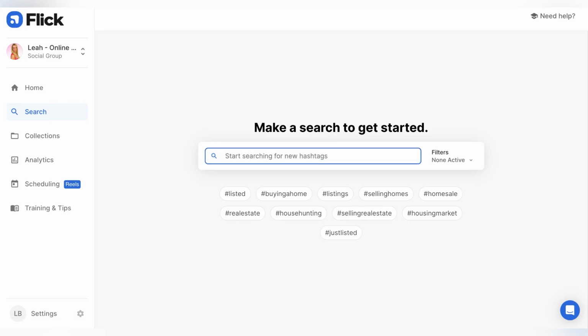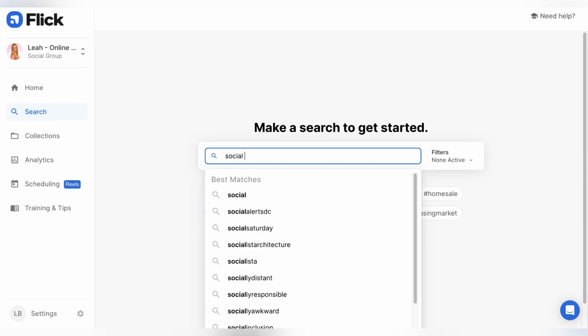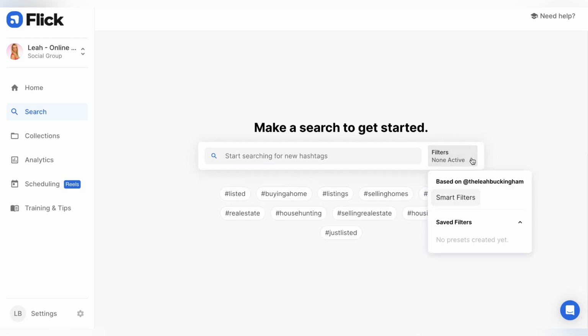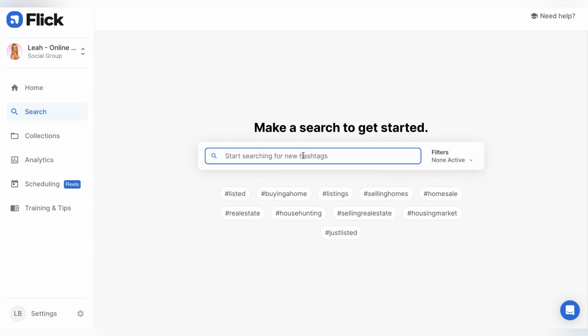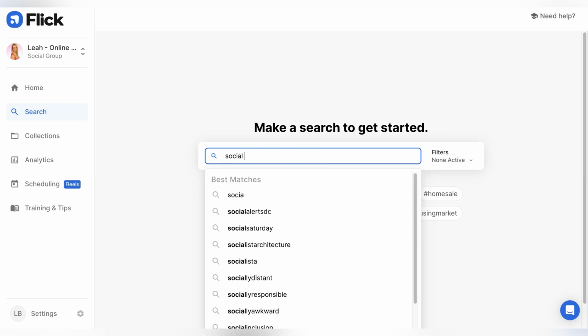So let's say, for example, I'm just going to put in social media. Now you see here on the right hand side, it's got filters. I would normally use smart filters, which I'm going to explain in a minute, but that's based on my account. This is where it's really important because the hashtags are relevant to your account and size of account. But I'm just going to show you a normal search,